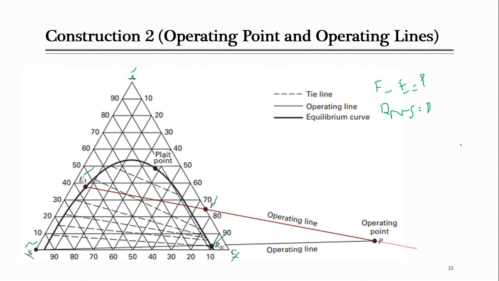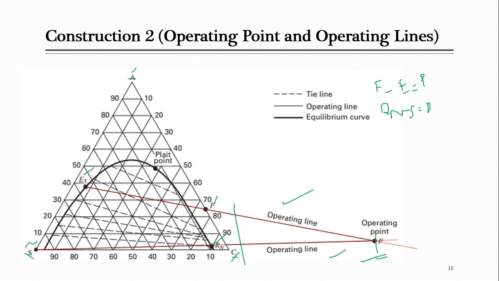Now the other pair which you need to locate P is Rn and S, and you can see here S is given as well as Rn is given. So you can draw another line which is passing through S and Rn. And as he mentioned, you have to extrapolate. Sometimes you may draw a line and finish at any point, but actually we have to finish at the point where they intersect each other. That is the P point, which is called the operating point. The lines which you have drawn from E1 through F up to P are called operating lines, and the other line is also called an operating line. So any line which you draw like this is called an operating line.